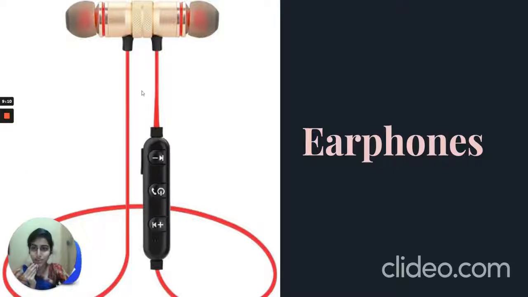The next is an earphone. It is a Bluetooth speaker that you see here. When you remove the earphones or the speakers after using them and keep them nearby, you can see that they are getting attracted to each other, right? That's because these Bluetooth speakers have magnets in them, which help us to store these earphones properly.